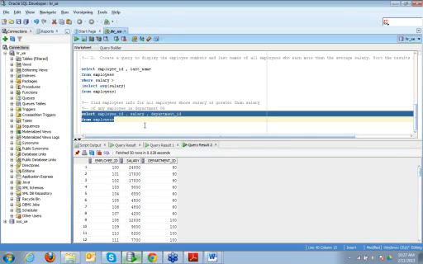So my question is, see here, let's see who all are there in department 80. So we have these people, we have 145 to, so many people in department 80, right?